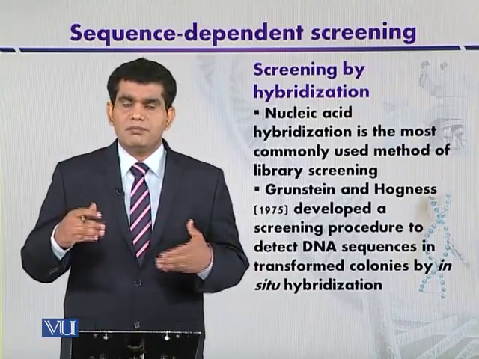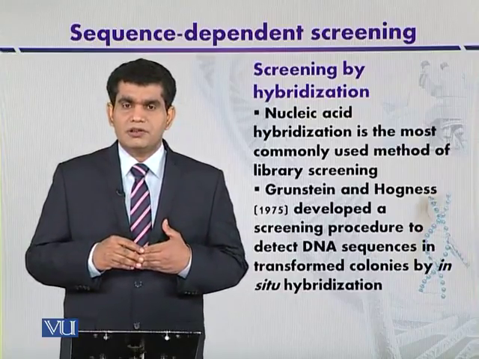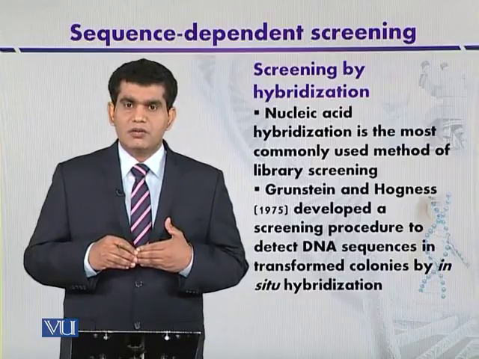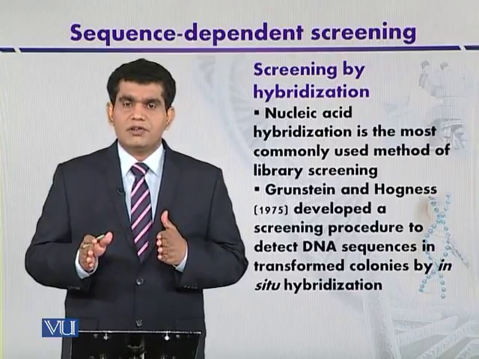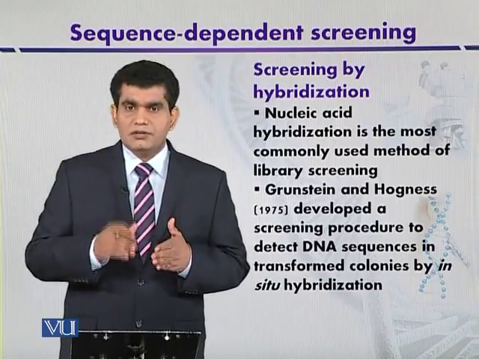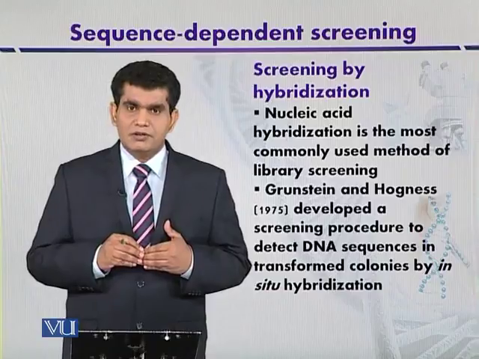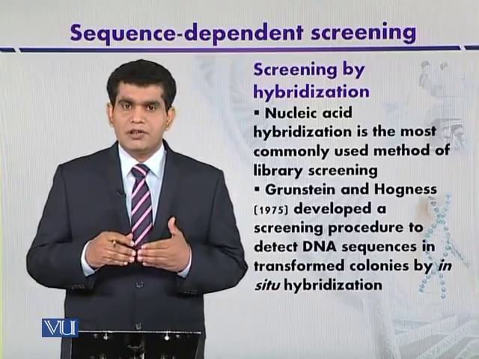Now, what is the basic step of nucleic acid hybridization, which we can call in situ hybridization? After the replica plating on nitrocellulose membrane, the colonies on the membrane are treated